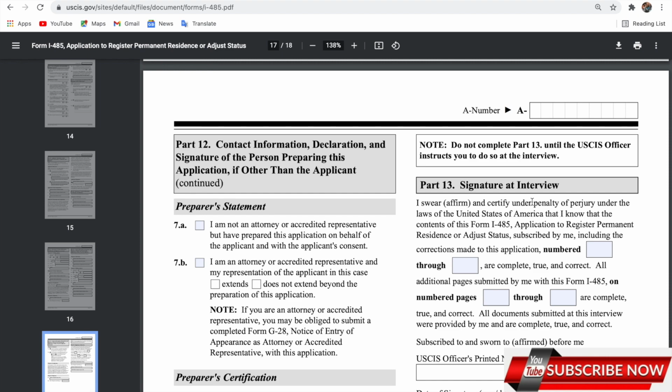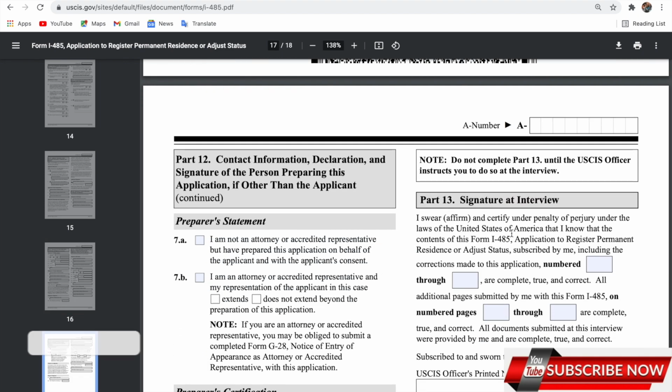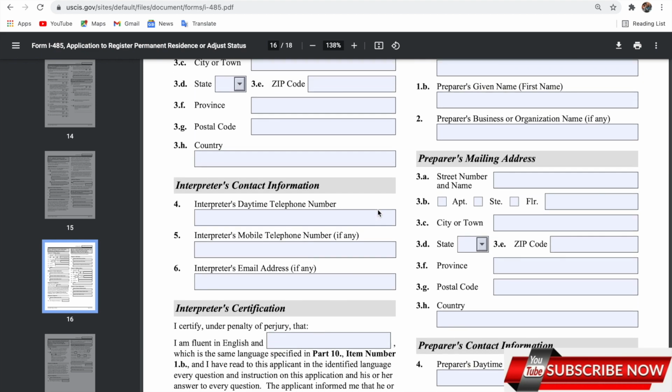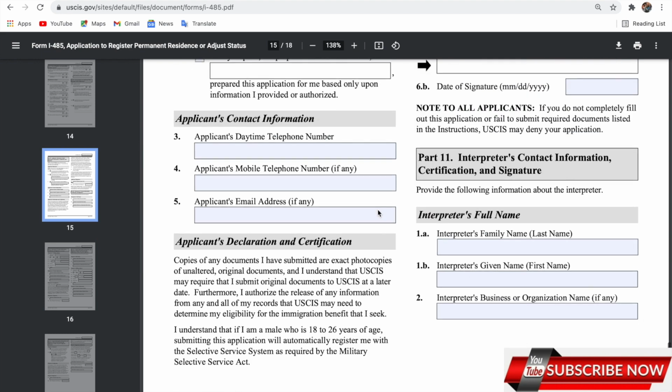So from which number to which number they helped you through. If they helped you through the whole process, they have to put everything over here. They have to fill that up. But if you never got any help, you are just the applicant, you did everything yourself, you just put every